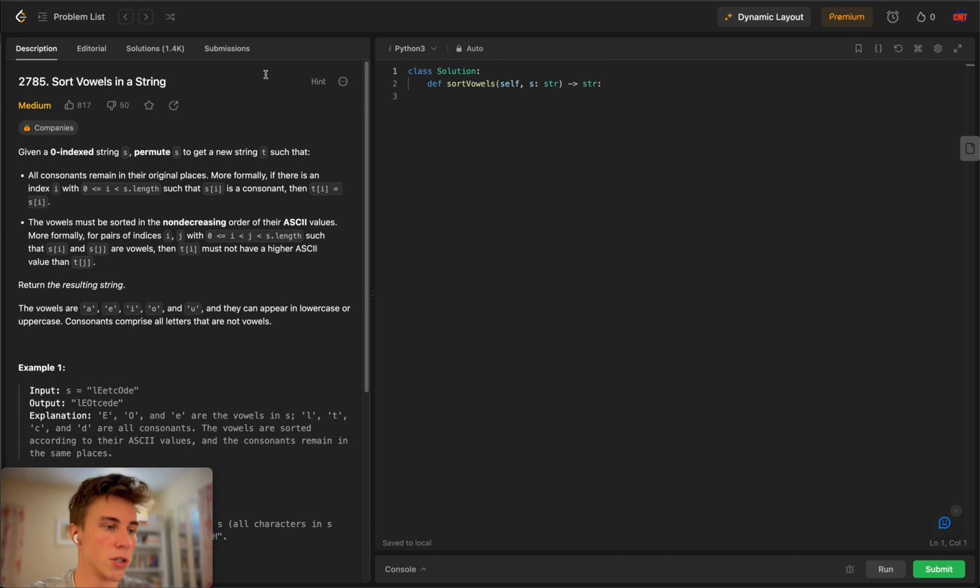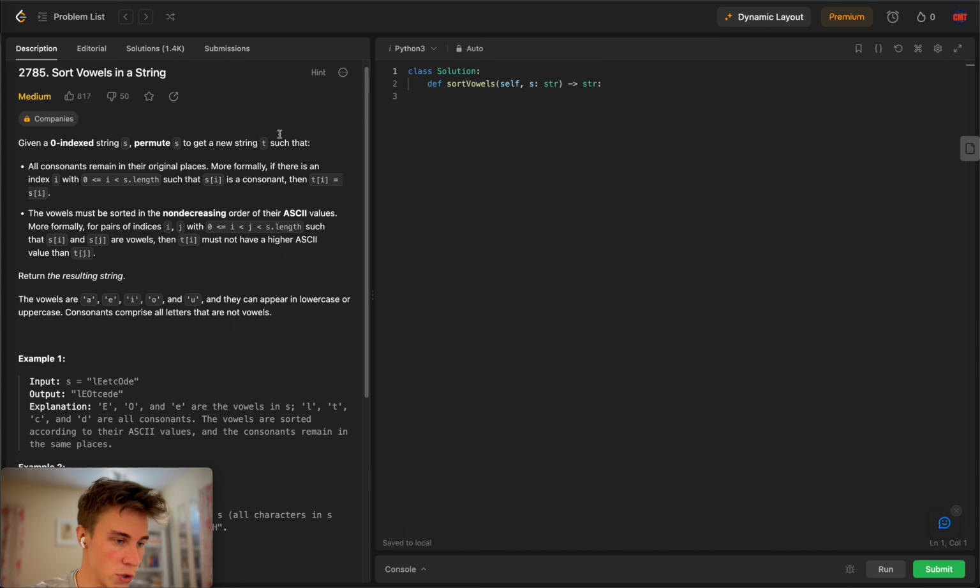Today I'll be solving question 2785, sort vowels in a string. Let's read the description, go over the examples, then I'll go over the description in my own words and then solve the problem. Given a zero-indexed string s, permute s to have a new string t such that